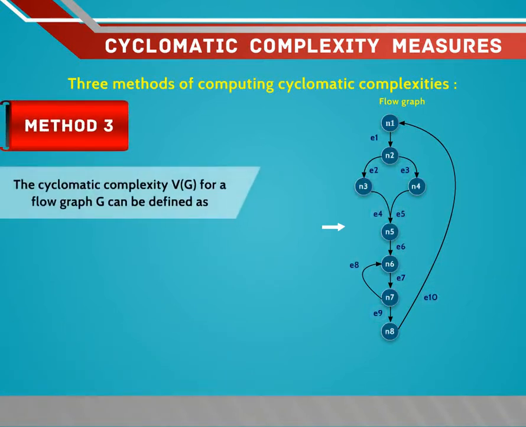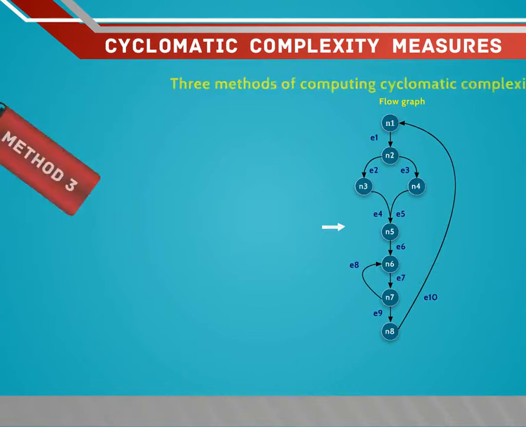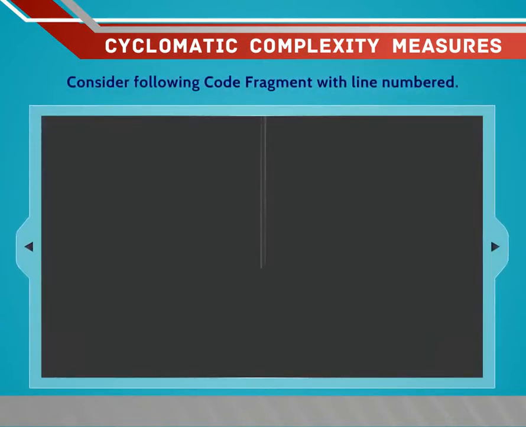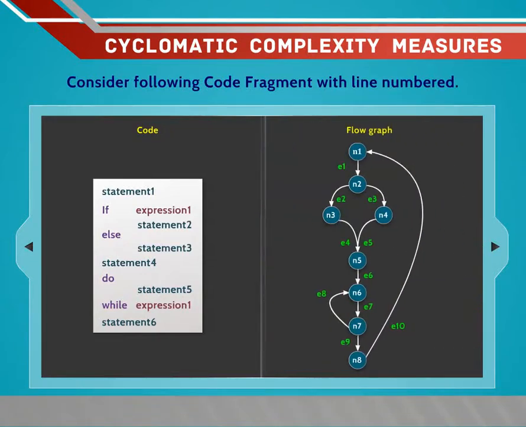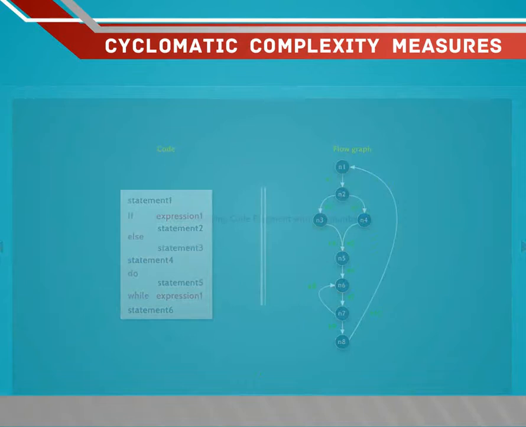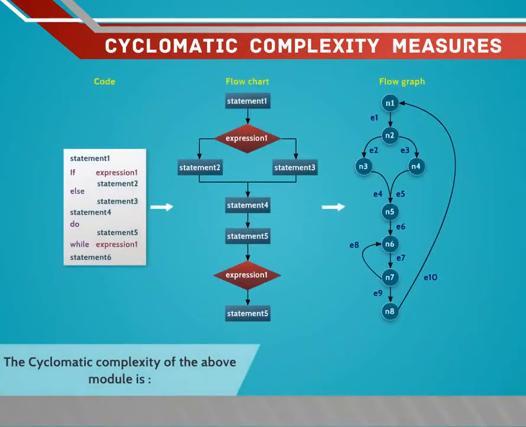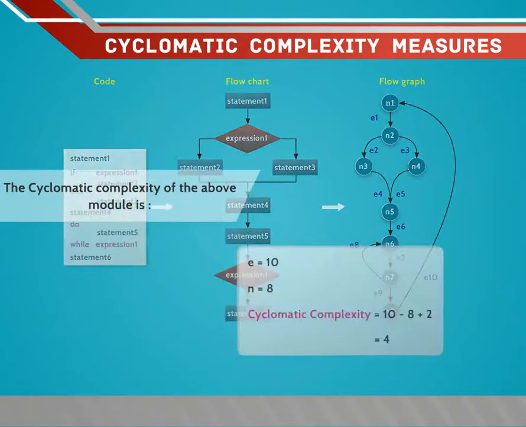Method 3. The cyclomatic complexity V of G for a flow graph G can be defined as V of G is equal to P plus 1. Consider the following code fragment with line numbers. The cyclomatic complexity of the above module is